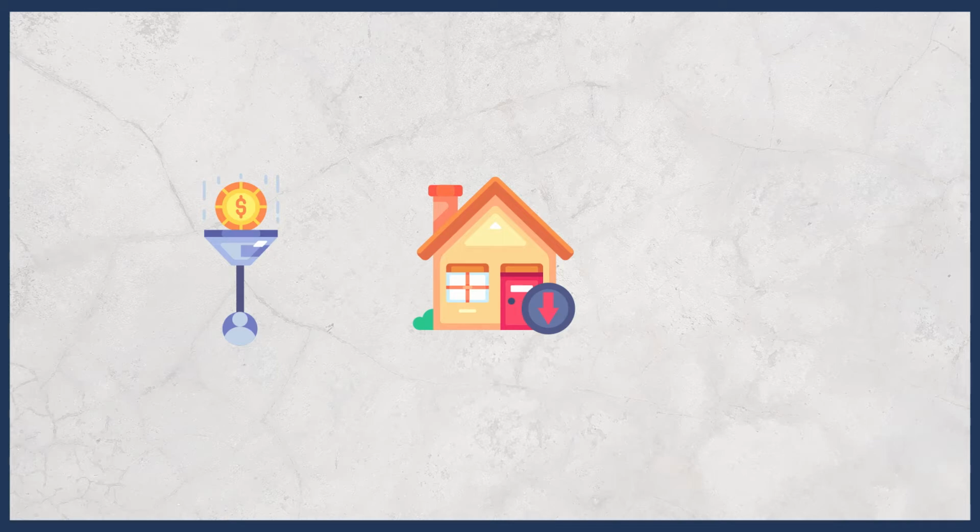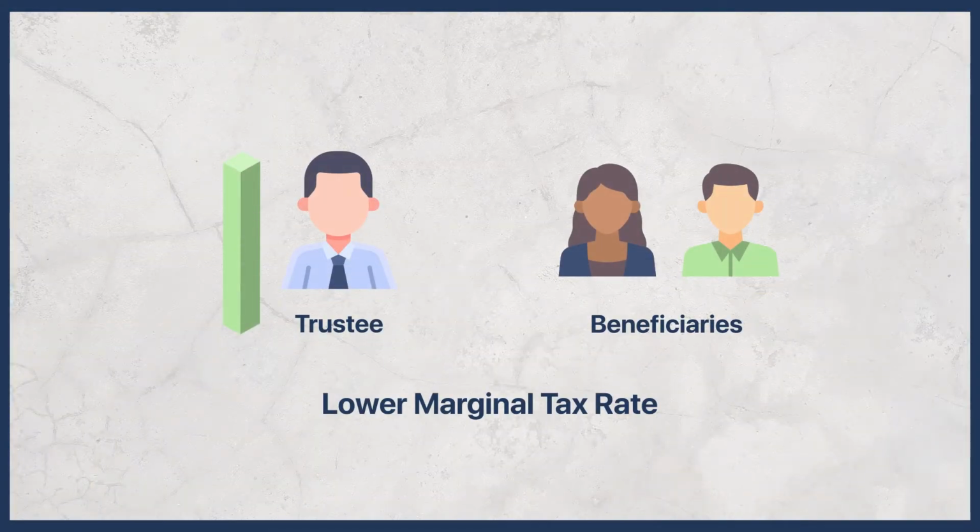On the other hand, a discretionary trust allows the trustee to divide the income between beneficiaries in the most tax-effective way each financial year. So, if your investment generates a profit and you have multiple added family members benefiting from the trust, this might be a smart tax strategy. For example, for adult beneficiaries of the family trust who fall under a lower marginal tax rate, the trustee can distribute more income to them to reduce the overall tax paid by the family group.